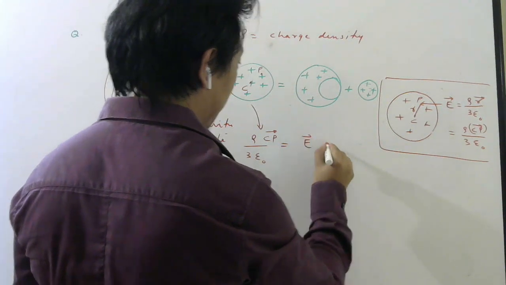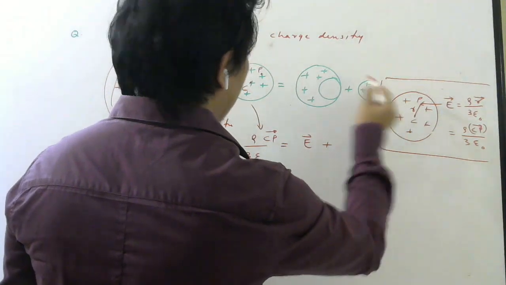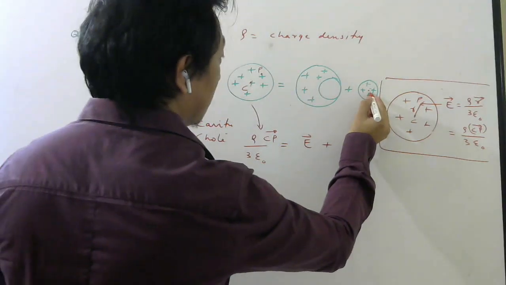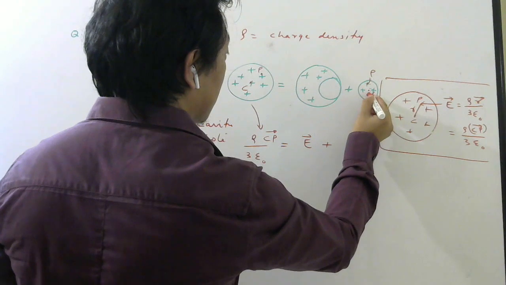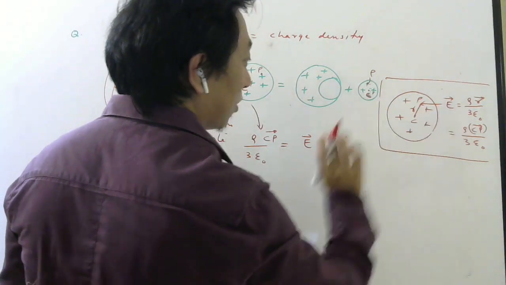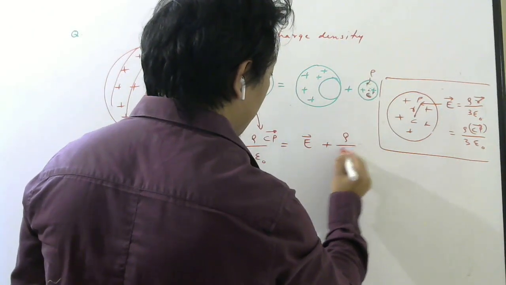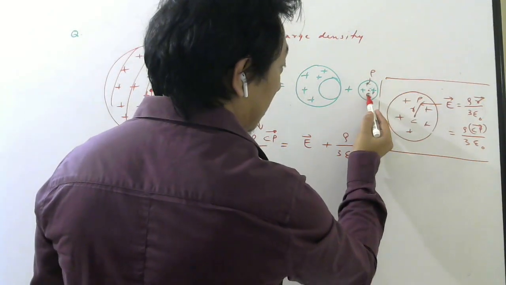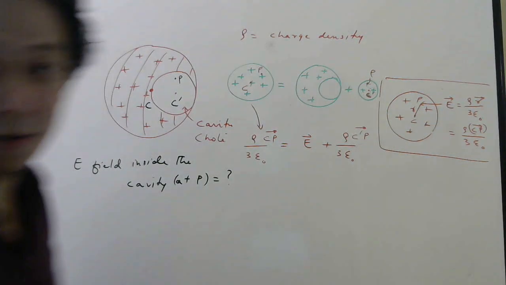Let us write E plus the electric field due to this, right? Now P is here, the center of this is here. This is your C dash, no? And P is somewhere here. This is your P. This center is C dash. So that will be how much? That is also a sphere, no? So I can use this formula. And this P is inside this sphere, so I can write rho by 3 epsilon naught r. What is r? From center to the point. This center is C dash, so I can write C dash P. All of you understood? Okay.